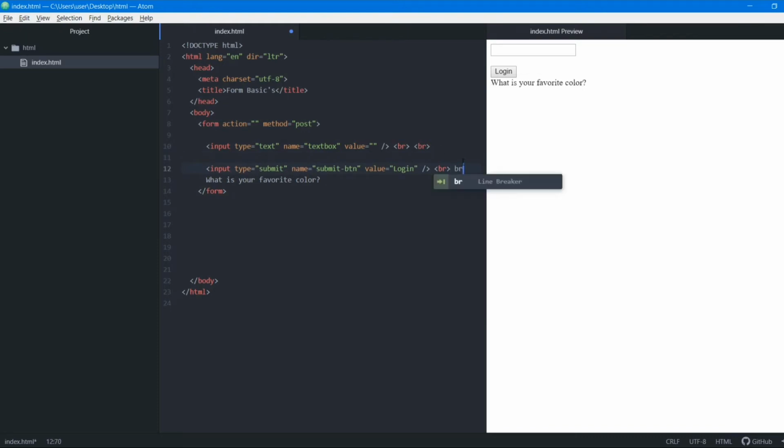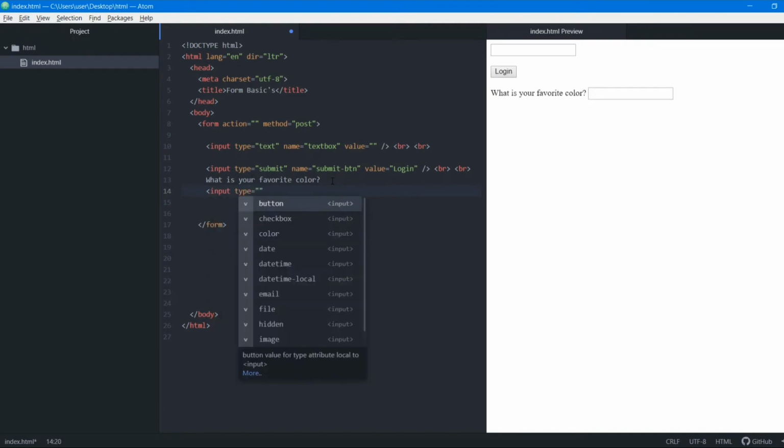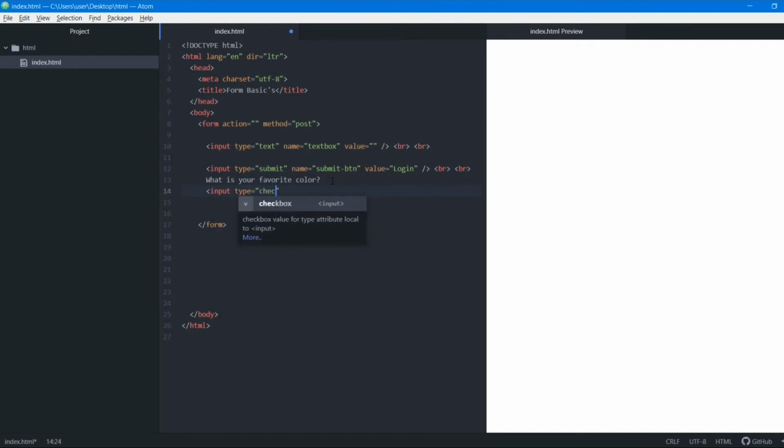And now I want to choose. Again, I want to choose from various options. So the first thing I'll do is create a checkbox. What is a checkbox? You'll learn it right now. So input, then we add the attribute type, and inside this we'll select the option called checkbox. You can see checkbox. Now here I'll give it a name.